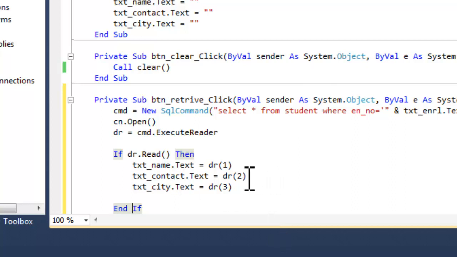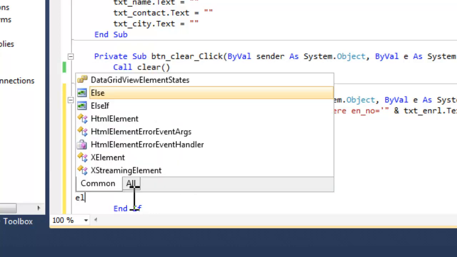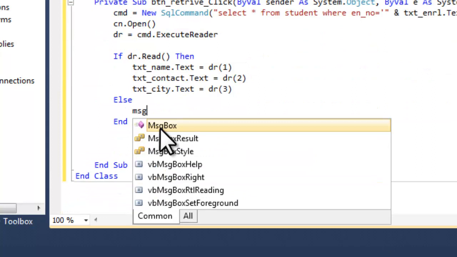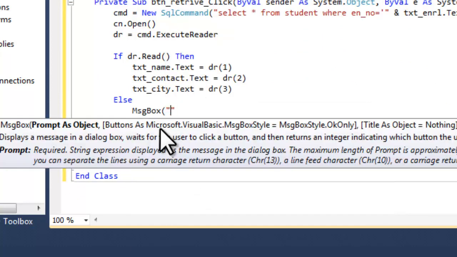If the condition is true, it means data is available for the particular enrollment number which we have entered, and it displays the result in these three text boxes. If the condition is false, then we simply inform the user that the data is not available. Condition false means there is no data, which is checked by the Read procedure.